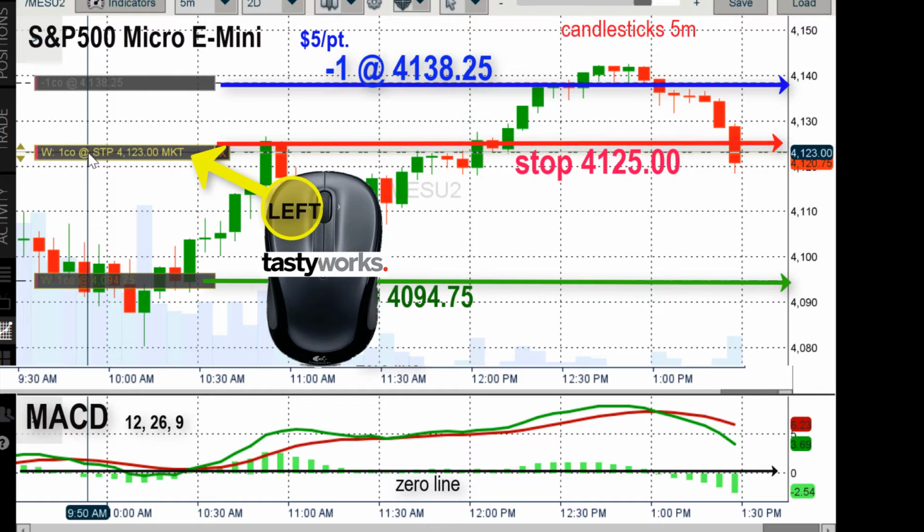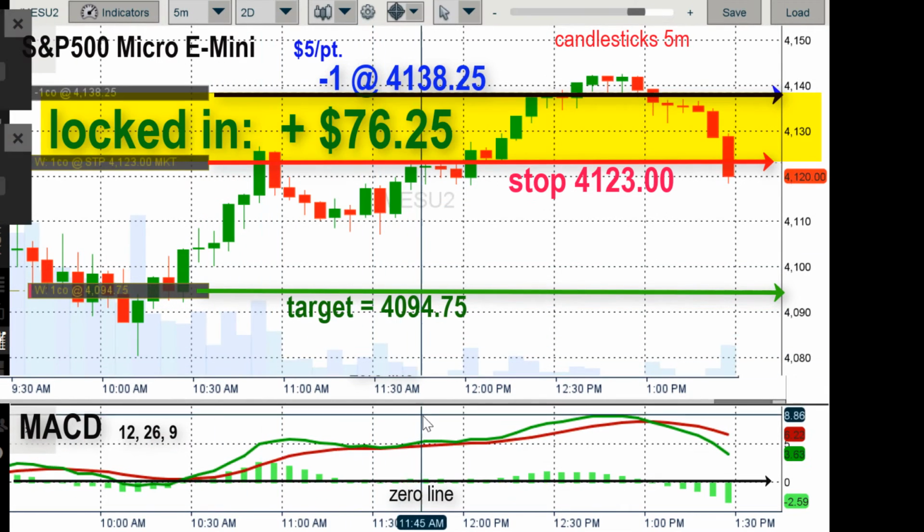I move that stop down again. Always nice to have everything I need visible on one screen. Now I've locked in